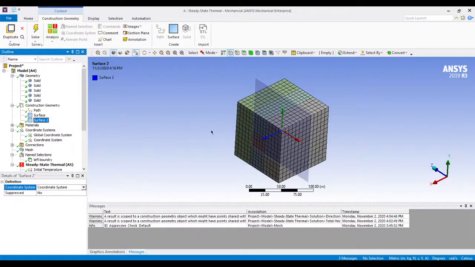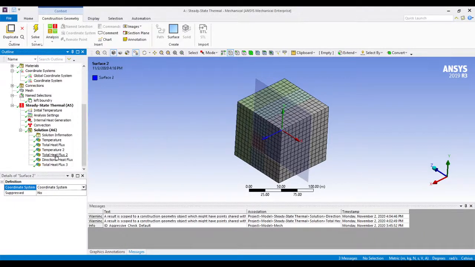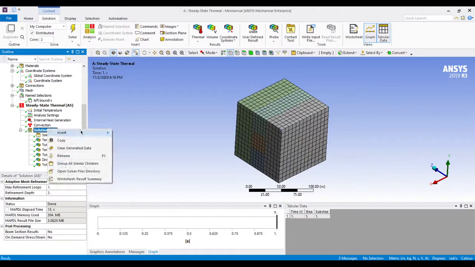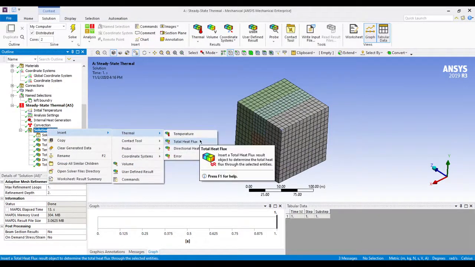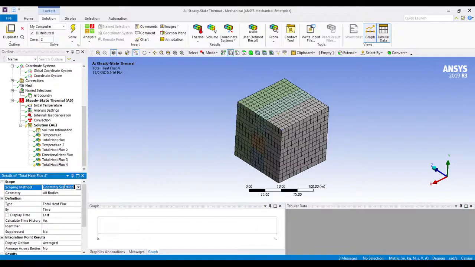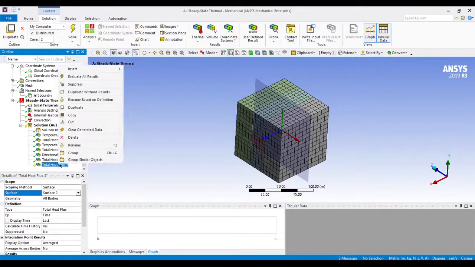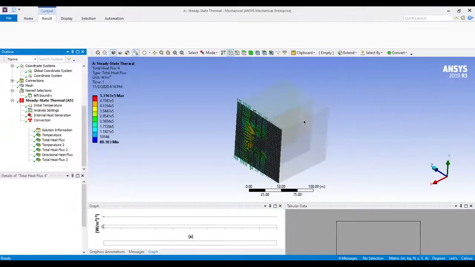Now we'll use this coordinate system to analyze the results. We'll go to the solution, and again we'll insert thermal total heat flux, and here we'll also select a surface. We'll select not surface 1 but surface 2, and we'll evaluate all the results.